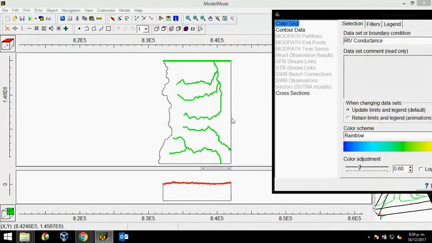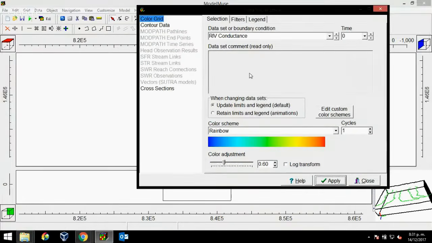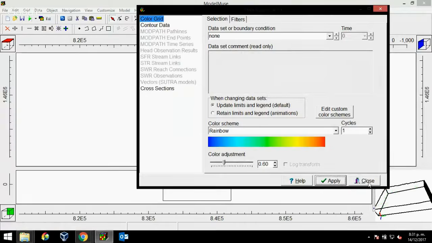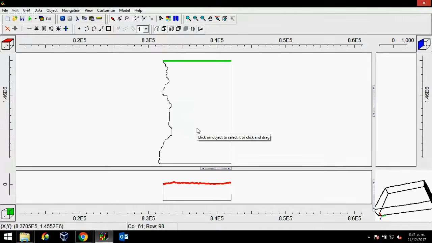This is the rivers, if you remember. You can see the value right here in this area. It's equal to 60. If right here you don't have any value of this boundary condition, we're going to turn off all the plots and apply, and we need